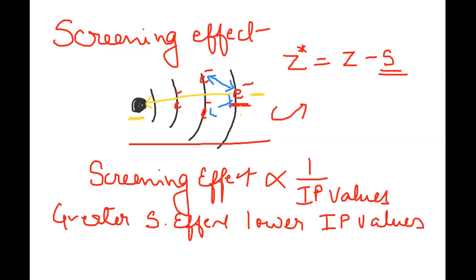Now let us come next to the successive ionization potential values. When I'm talking about successive ionization potential values, I'm talking about how much energy will be required to pull out the next electron. If the next electron has to be pulled out, obviously, as we just discussed, the effective nuclear charge will be more. Why? Because more protons will be interacting with fewer electrons. In this case, obviously, the amount of energy required to pull out the electrons will be greater. So this is seen in general.